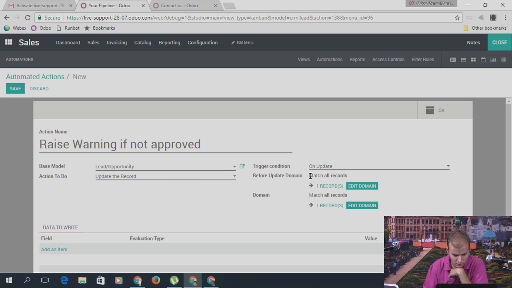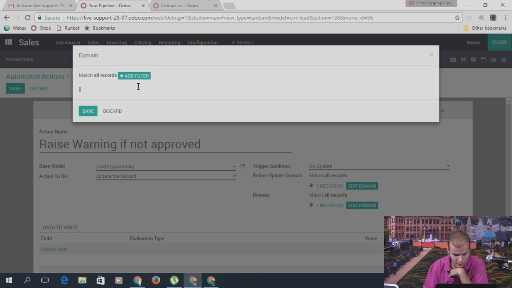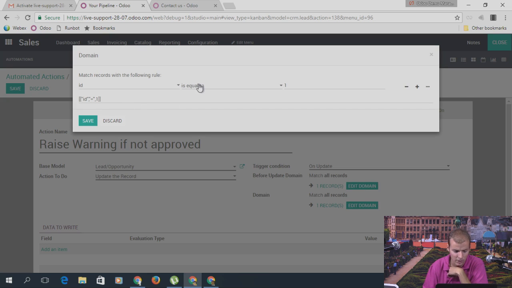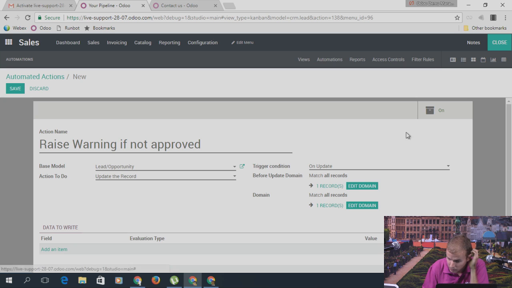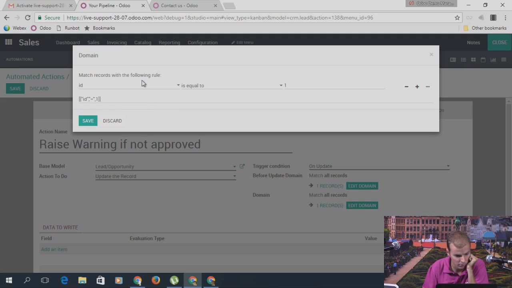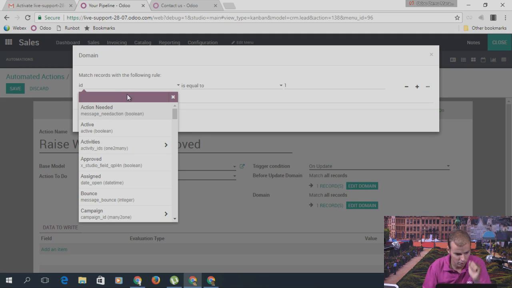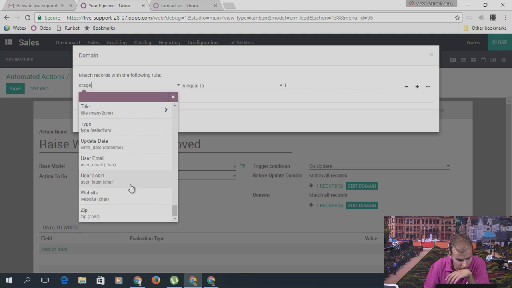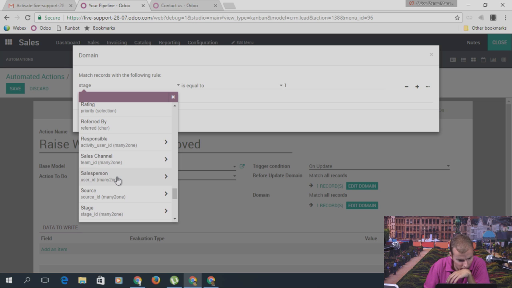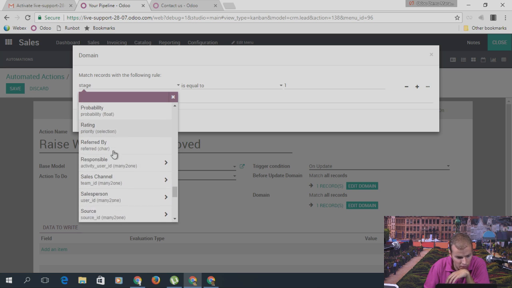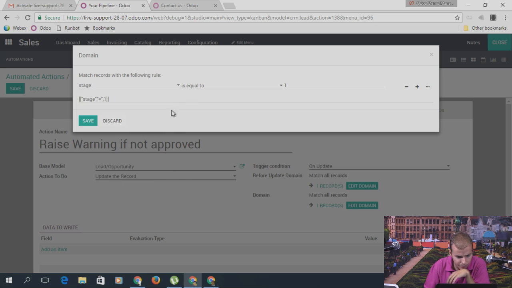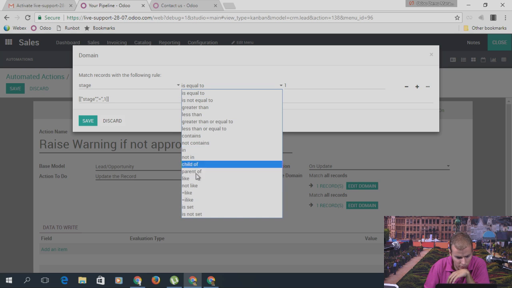Let me just check something. Yeah, I can edit. I can add the filter. Okay, I didn't need to create the filter. Actually, I can create them from there. So stage. I think stage. No, it is not there. So maybe stage. That's weird. Yes, stage contains